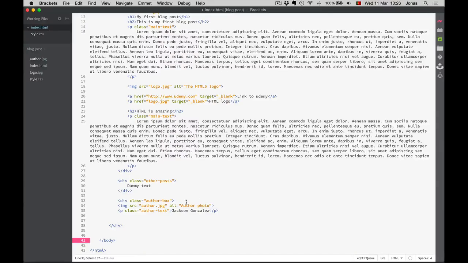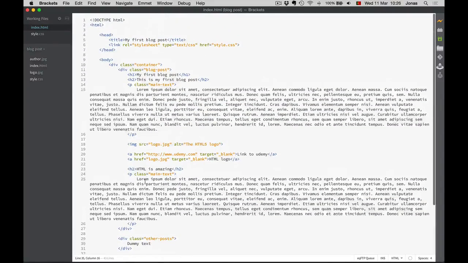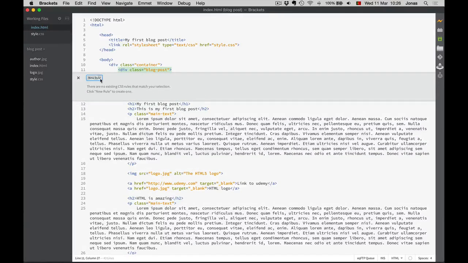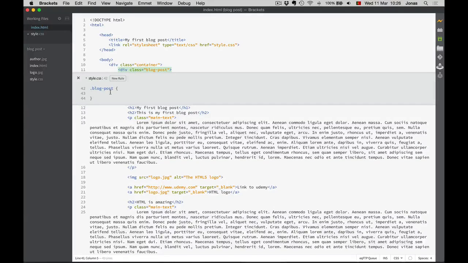Don't want this here. Okay, now indent the code and save it. Never forget to save. So let's just give them different background colors so we can see on a web page what's going on. Again, I will hit Command E because that's the easiest way instead of switching back and forth between HTML and